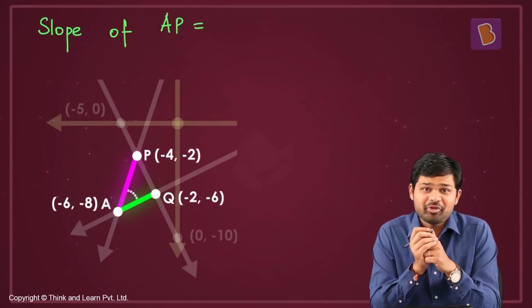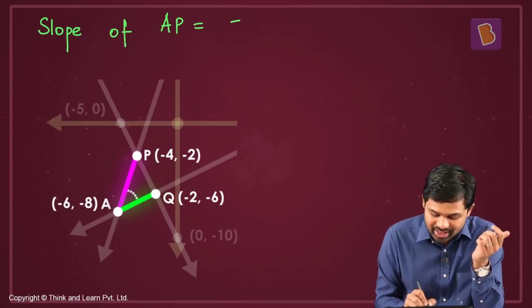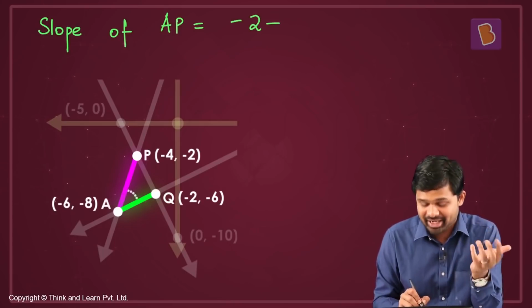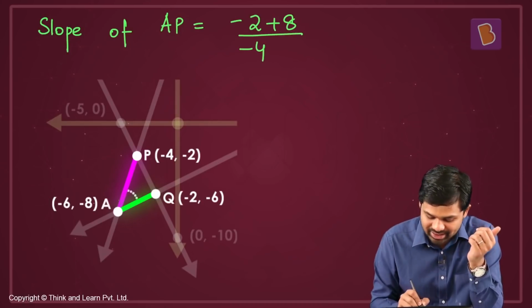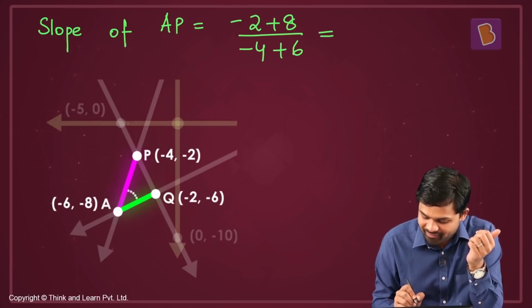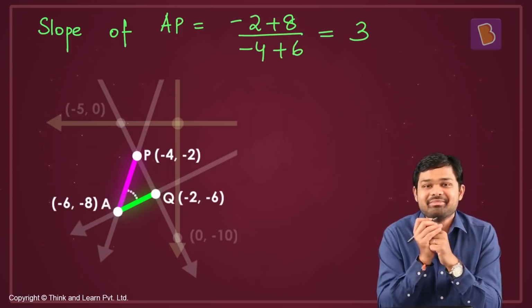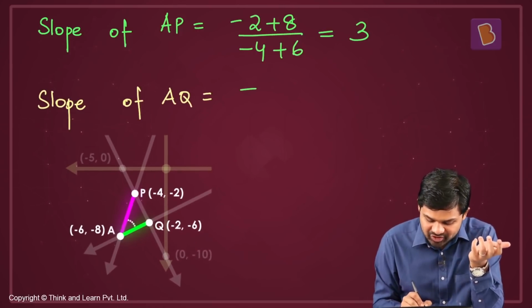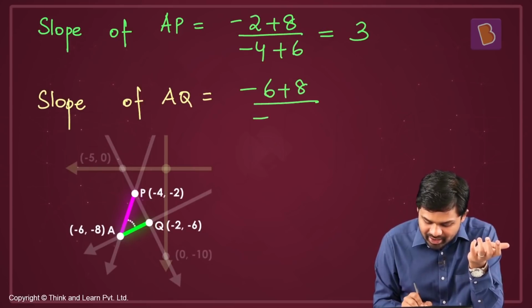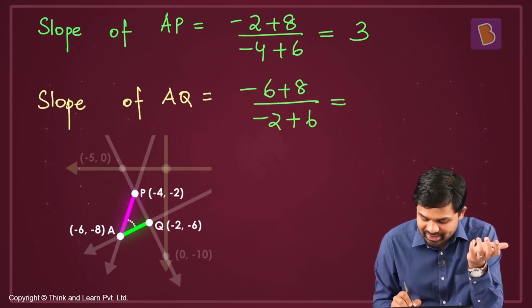So what is the slope of AP? Well, the slope of AP is going to be -2 minus -8, which is going to be +8, divided by -4 minus -6, which is going to be +6, gives me a value of 6/2, which is nothing but 3. What is the slope of AQ? Similar way, I'll find out -6 plus 8 divided by -2 plus 6. Simplifying this, I get the value to be